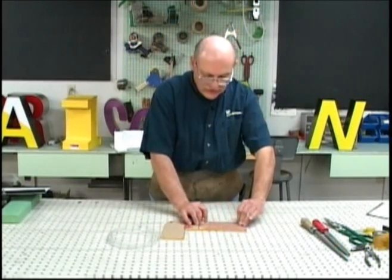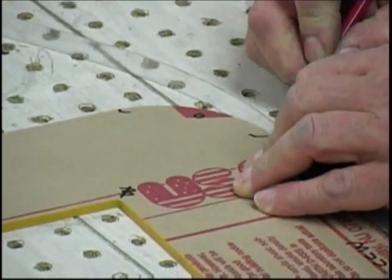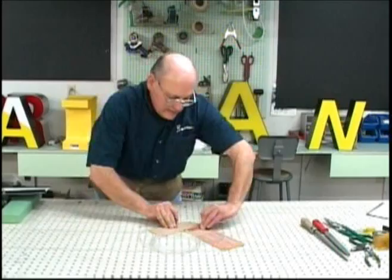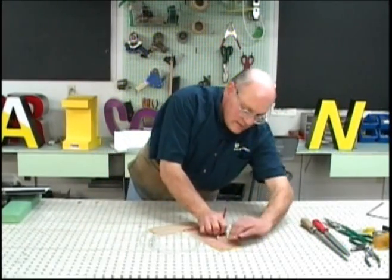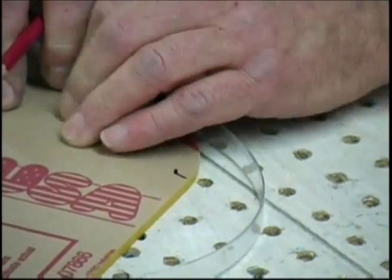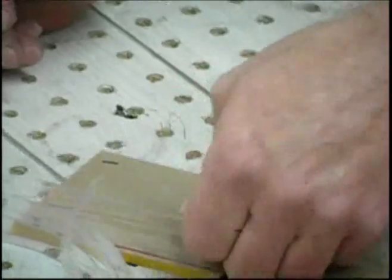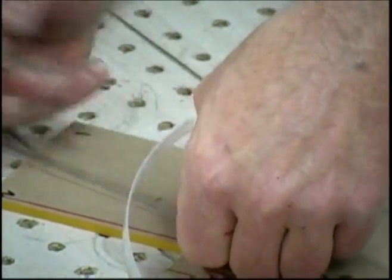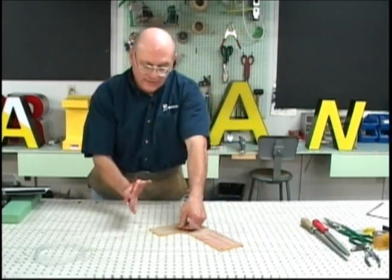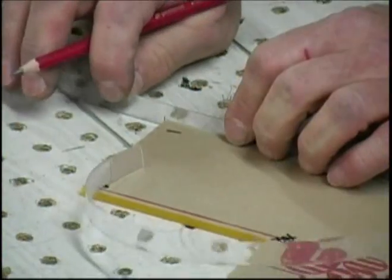Now, holding that position securely, I'll walk the butyrate layout tape down to the next point, and I'll indicate that this is the beginning of the outside roll, and the end of the outside roll, or the outside arc up. And then walking it down to the first break point, a single stroke of the pencil extending past the edge of the letter, because the letter edge is going to fold around. So we need to allow for the thickness of that letter edge that's going to fold around the corner,